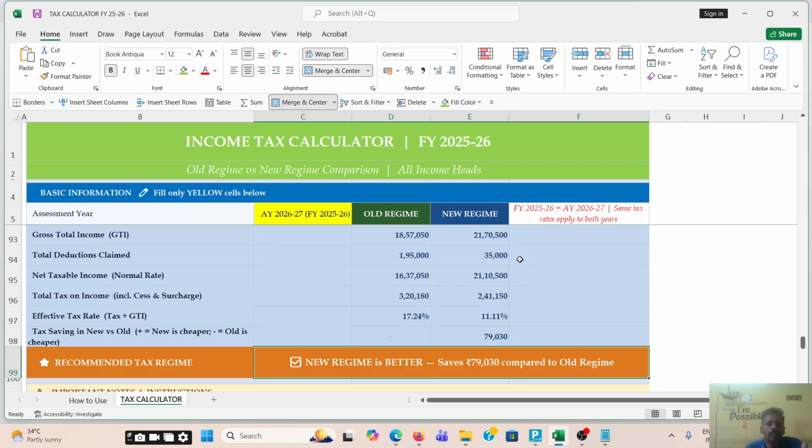So in this tool, you can find out the best regime for your income, whether it is salary income, rental income, other source income, business income, or special rate income, that is short-term or long-term capital gain. Just enter the values and find out which tax regime is really suitable for you, and choose it.